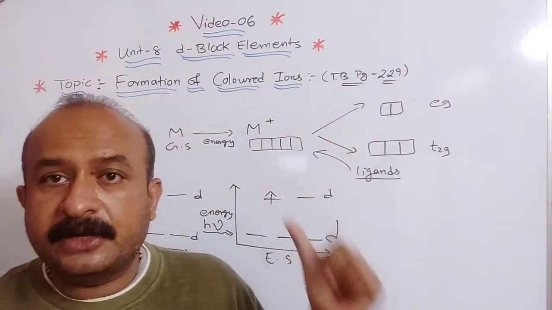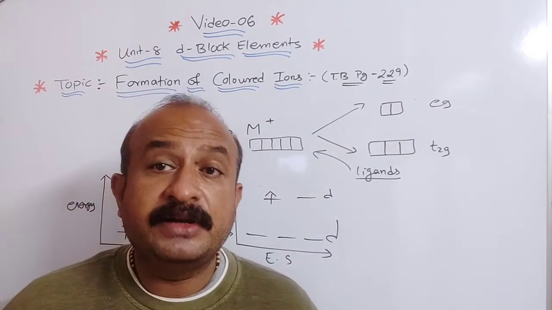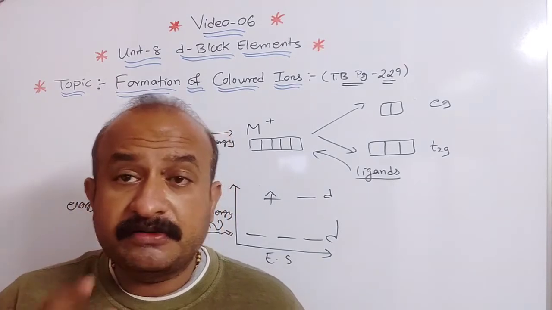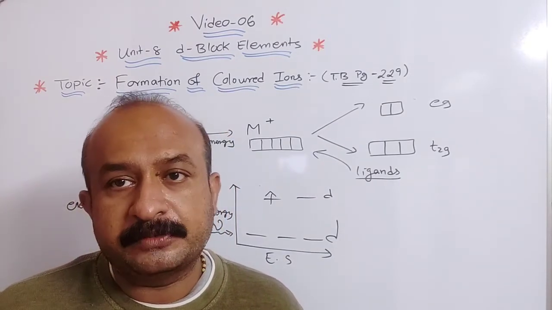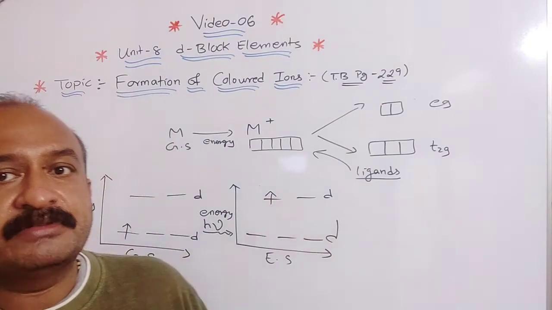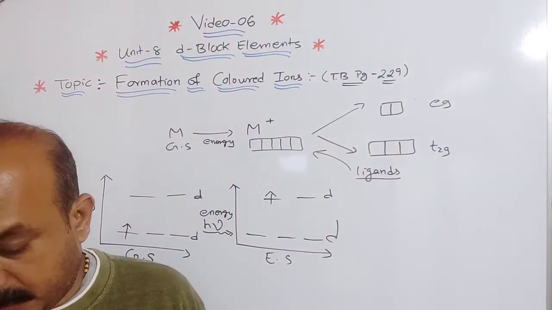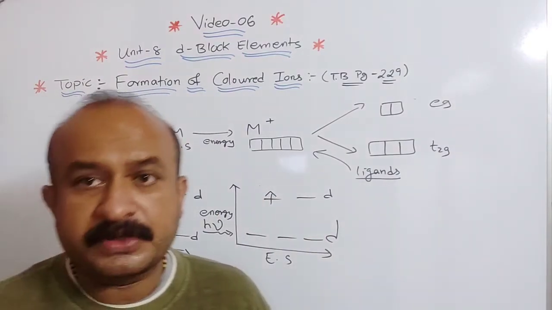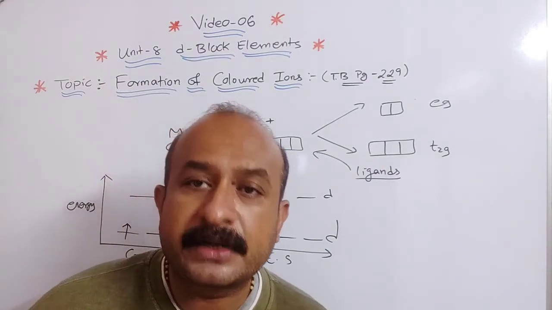Now, this whole topic I will be explaining to you in crystal field theory, which will come in the 9th chapter. Understood? So this is the reason why it imparts color. Now, certain things are there. Most of the compounds of transition elements impart color.